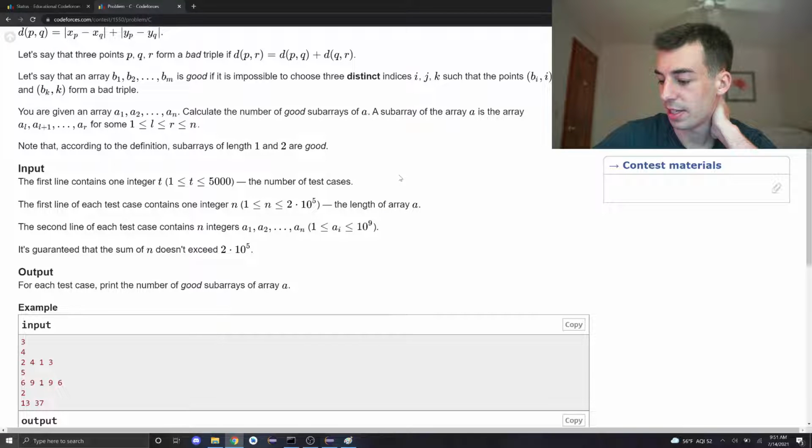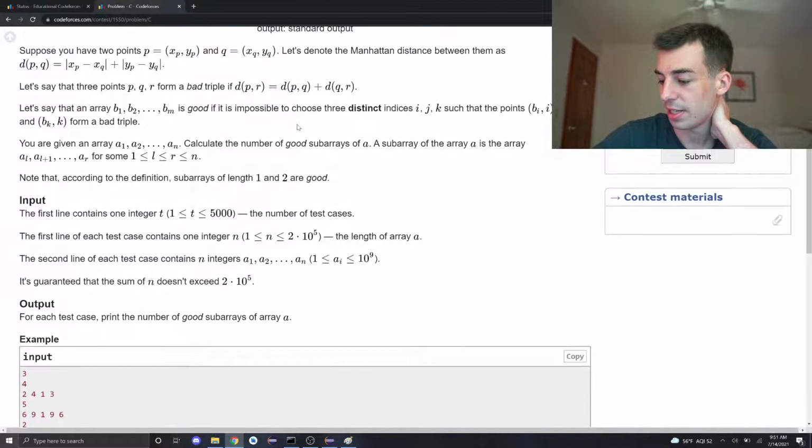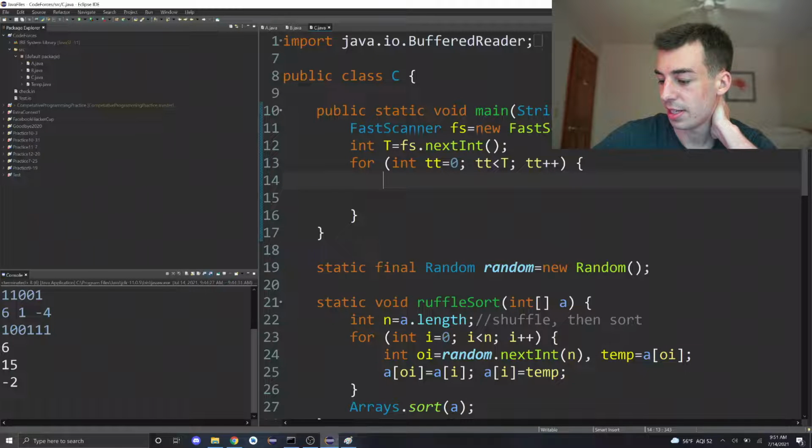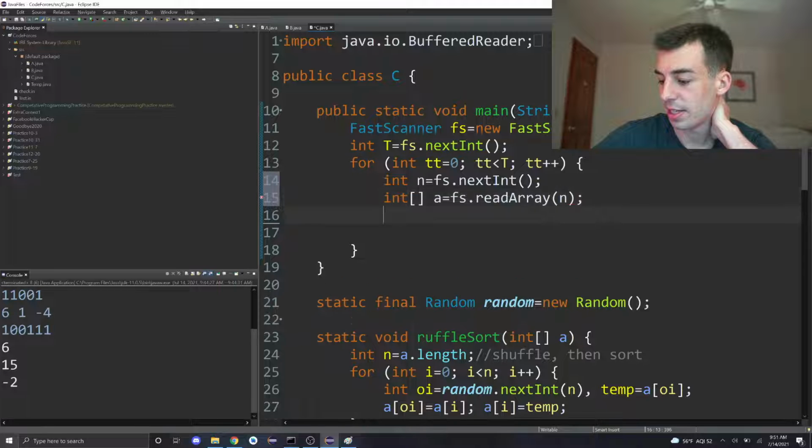Okay. I was thinking subsequence, I guess. In which case it's a bit harder, but still possible. I think you can still do it. Okay, sounds good. So nice and easy. Int n equals this. Int array a, read array of size n. And then we'll say,